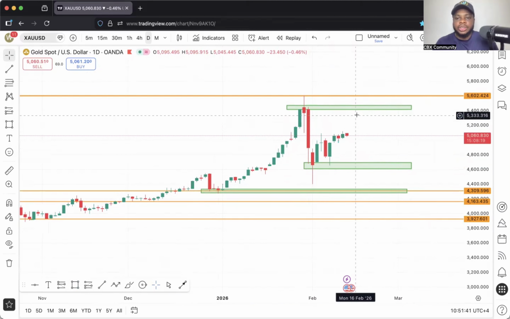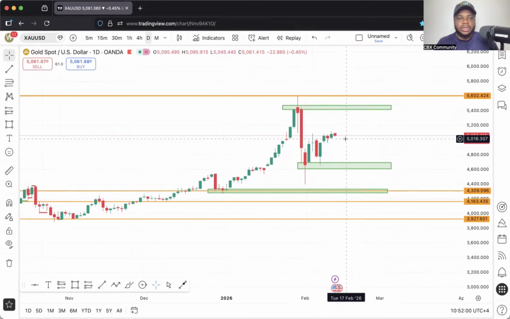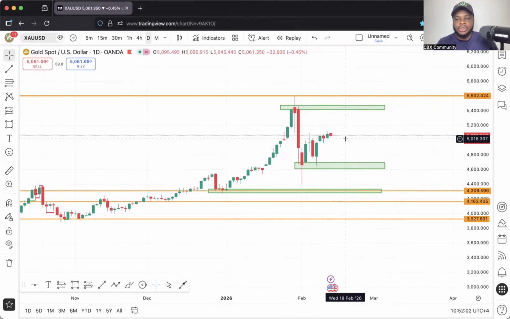So looking at the condition of the daily market structure, we are in an uptrend, so we don't need to do anything until the break of our resistance zone or until the break of our support zone. Then the candle can continue to come down to get to this support zone. So it's very important for us to know what we want. We don't need to do anything